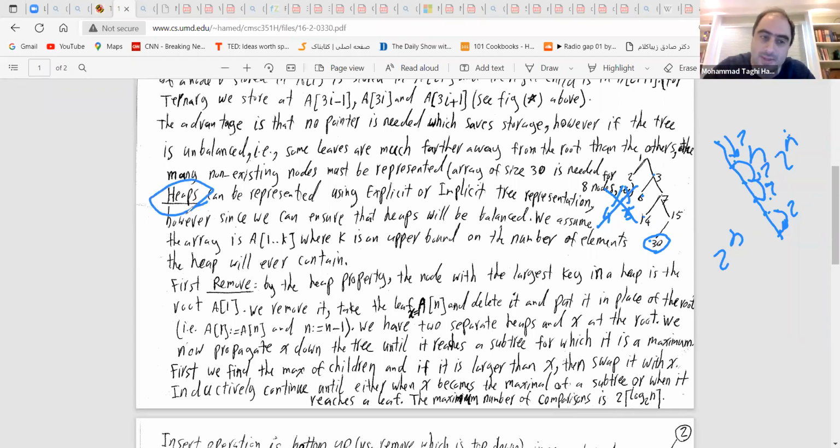For heaps, I mean the priority queues, we can use both explicit or implicit representation of the trees. Explicit, of course, we can use with no problem because in the explicit representation we don't have this problem that the index essentially blows up to 2 to the n. But implicit, not always can we do it. However, for heaps, because of the constraint that a heap has, we can actually implement it in an implicit way, such that whenever the size of the heap